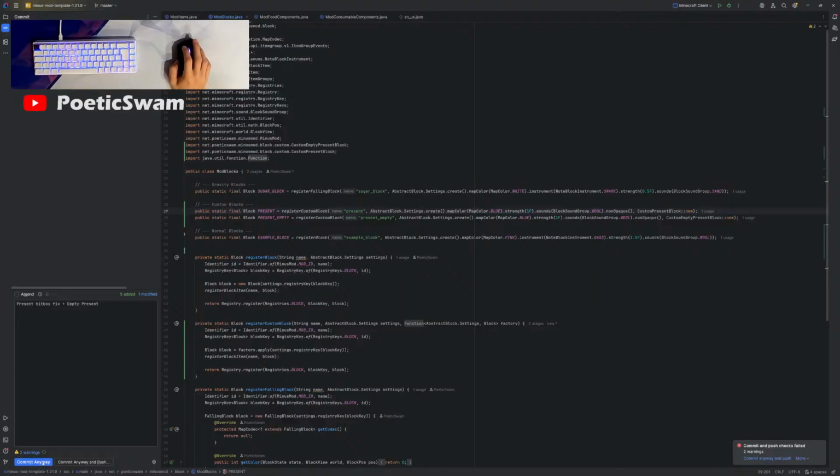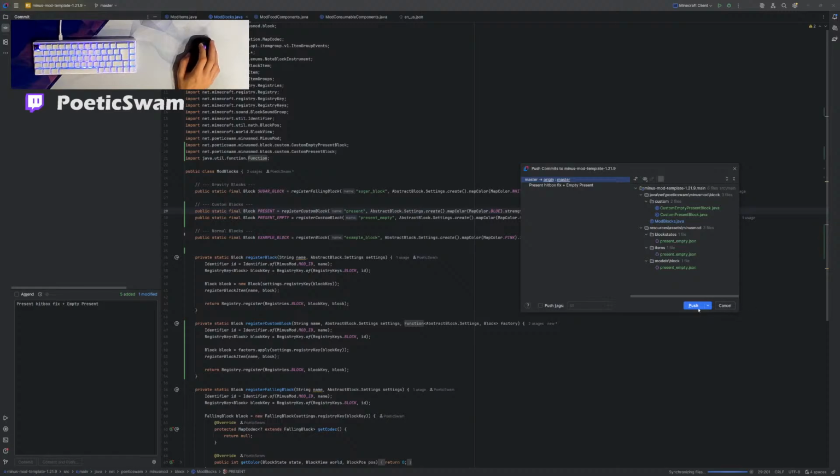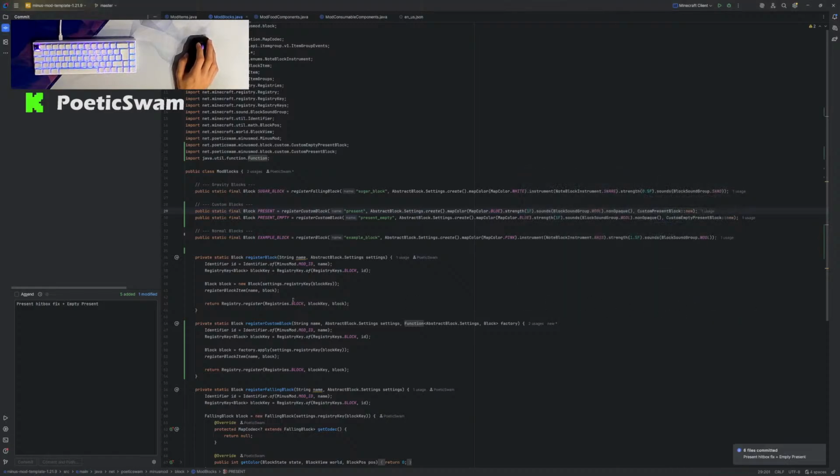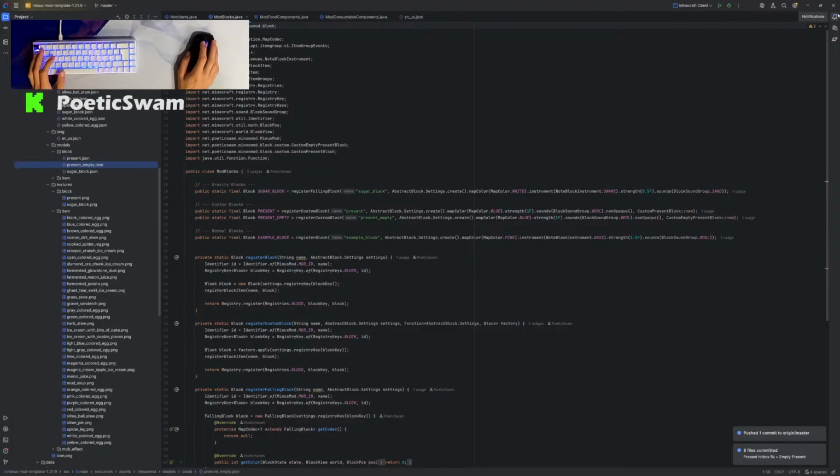Yes, commit anyway. Push. Perfect. Committed, they're being pushed, they were pushed successfully. And that is great. I can save that then and we're good to go. And actually,